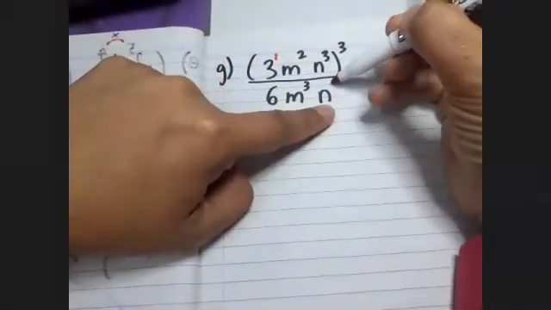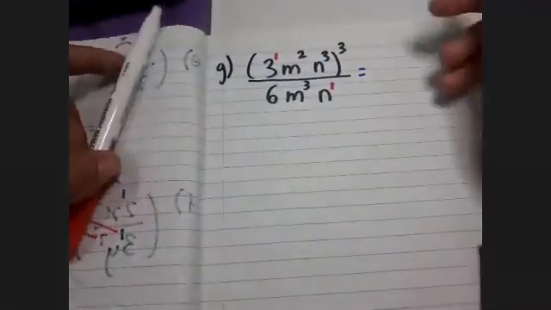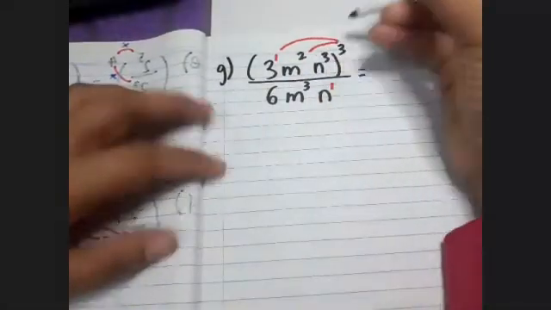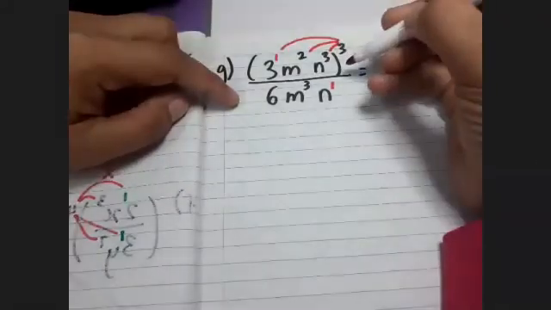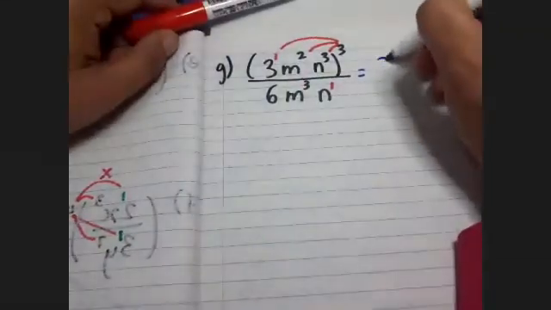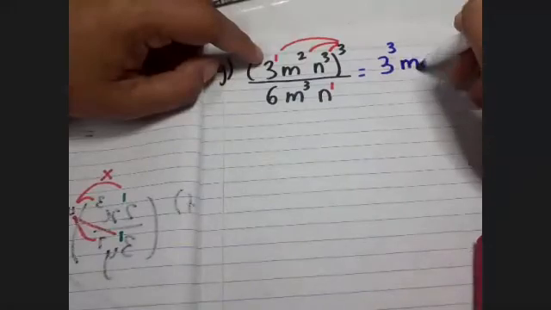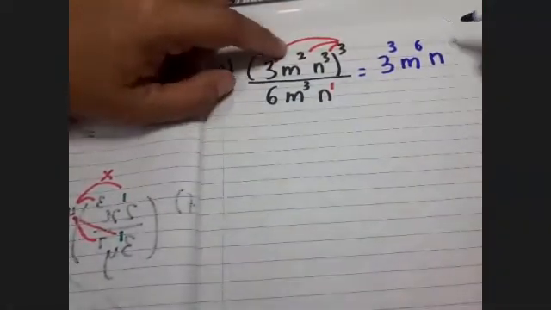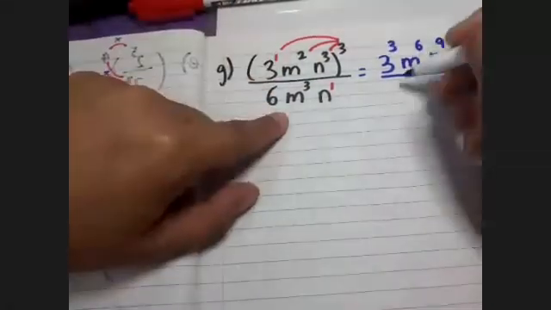N. This is power of 1. So, 1 multiply 3. Sorry, 2 multiply 3. And 3 multiply 3. Okay, here no need. For denominator, no need. So, this is 3 power of 1 multiply 3, 3. M power of 2 multiply 3, 6. N power of 3 multiply 3, 9. So, over. Okay, this is